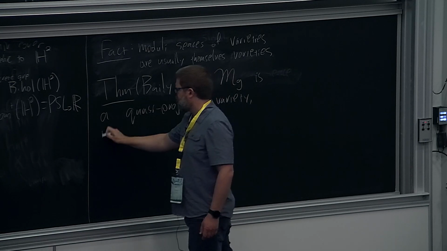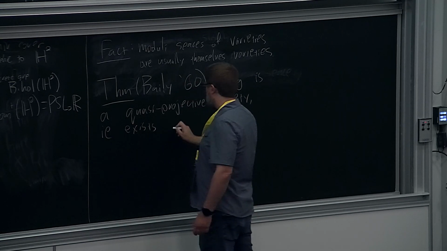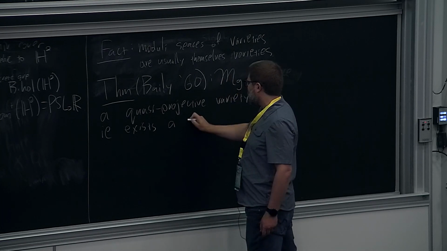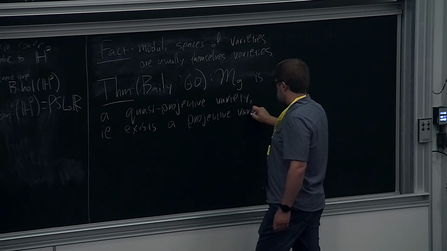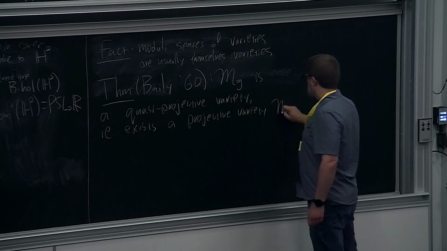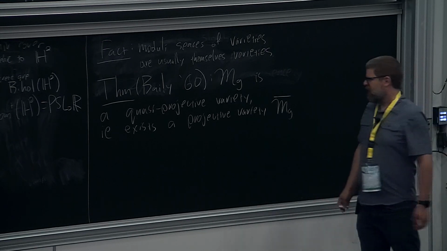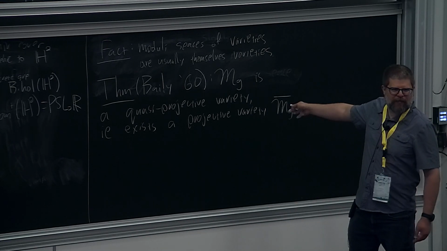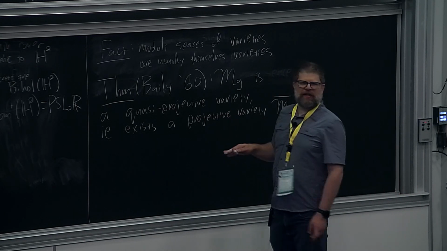That is, there exists a projective variety, M_g bar, probably very singular. There are many choices. This is not a canonical object. Bailey constructed one, but there are many other ones that are now known. Projective just means compact,